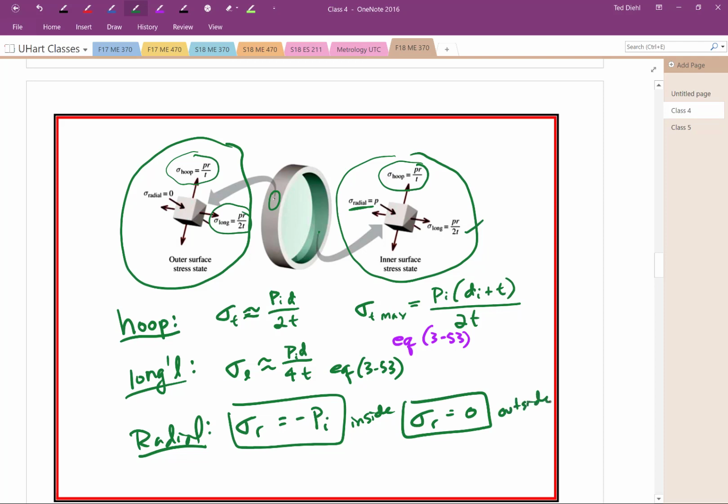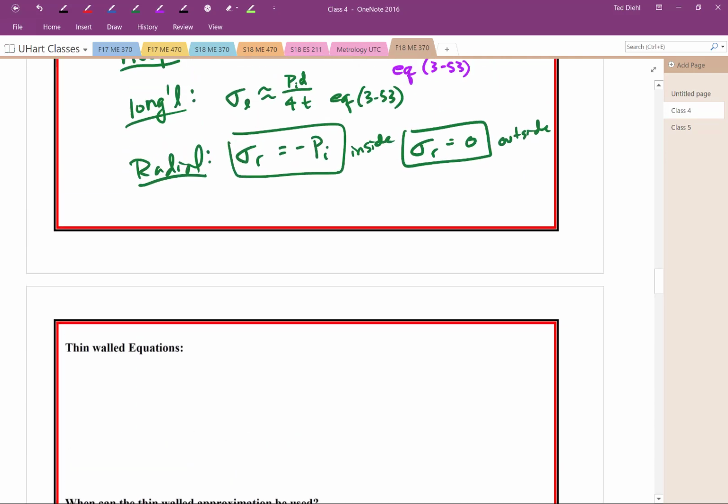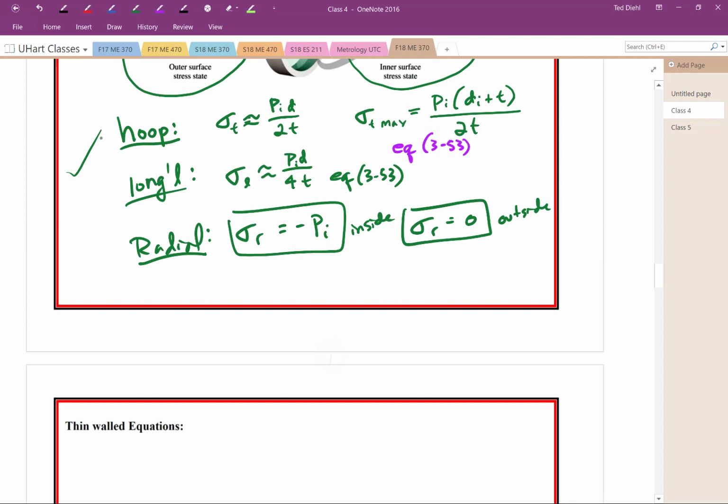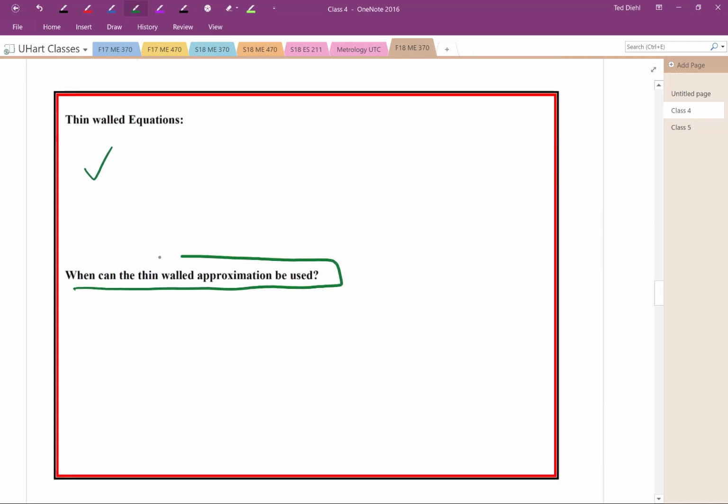Now, the question should come up: okay, so this was actually, I meant to write this on your page right there. So we asked this question. It's an important question, and it happens a lot in engineering. When can you use an equation? That's one of the reasons why we have